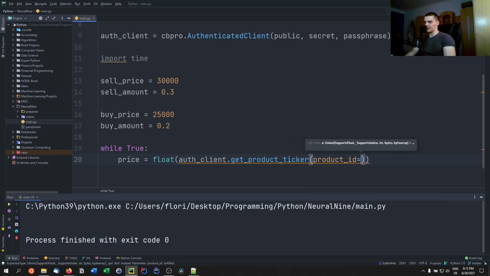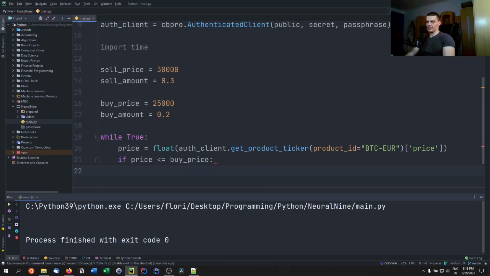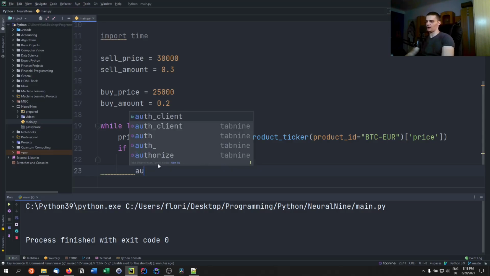So product ID equals BTC-EUR, and we're interested in the price. So that is the price that we currently have, and now we can say, okay, if that price is less than the buy price, then we're going to say print buying BTC, and we can say auth_client